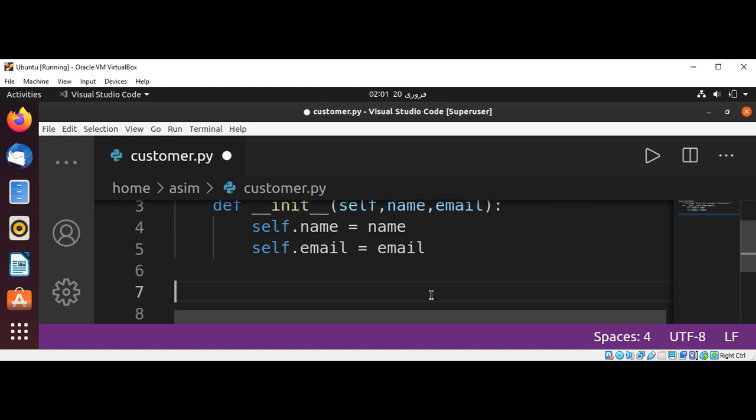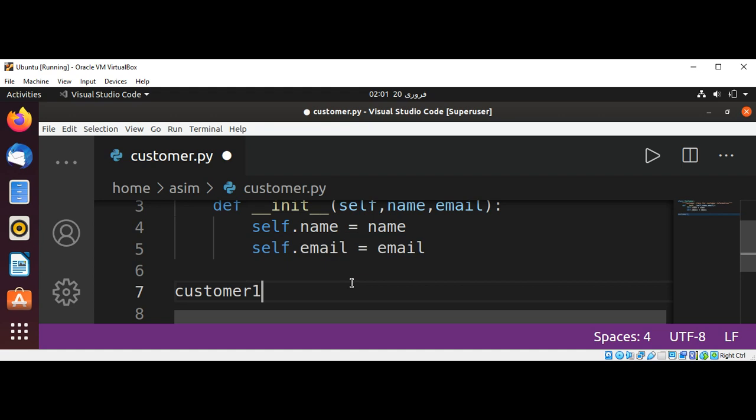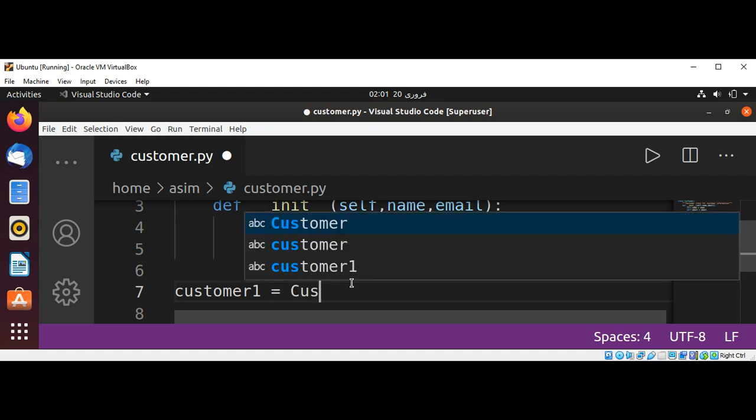And now we are going to create a new customer object using the init method. So let's see how to do it. Customer one, and here is Customer,